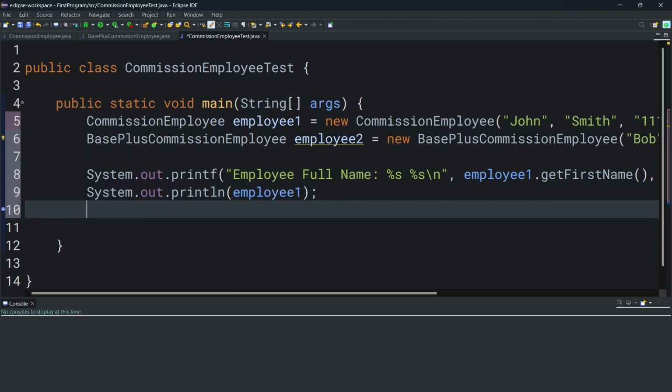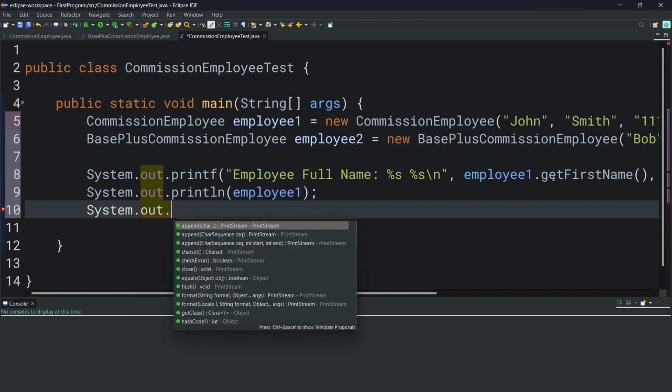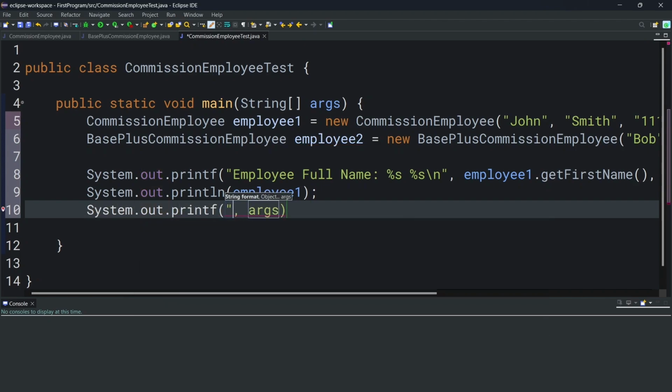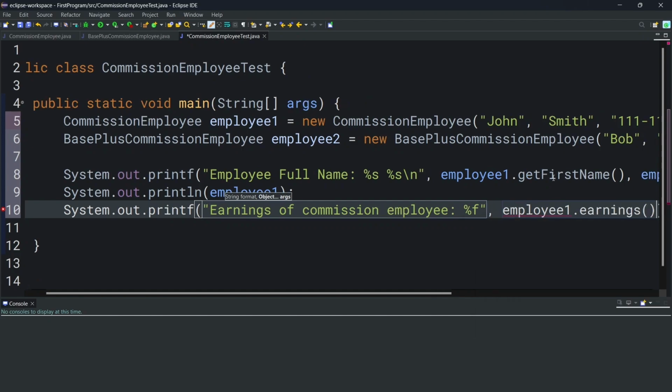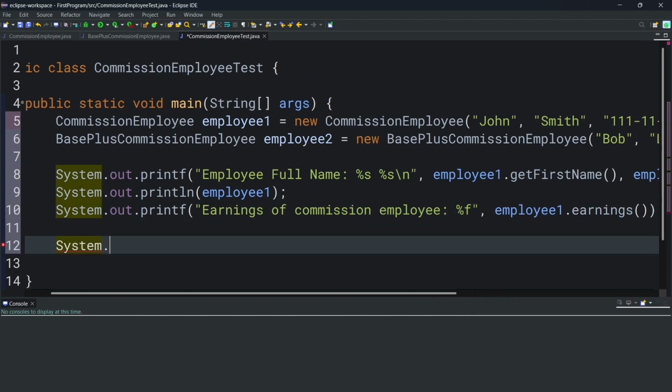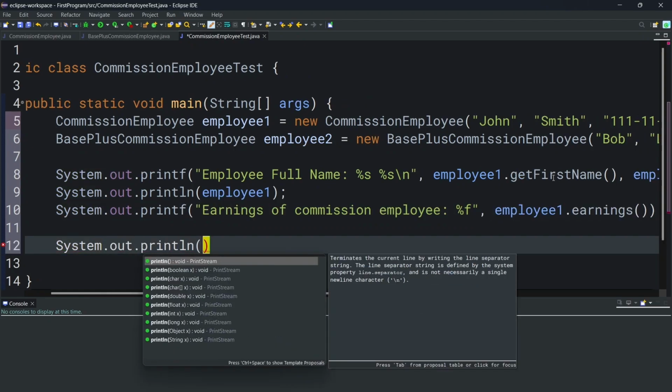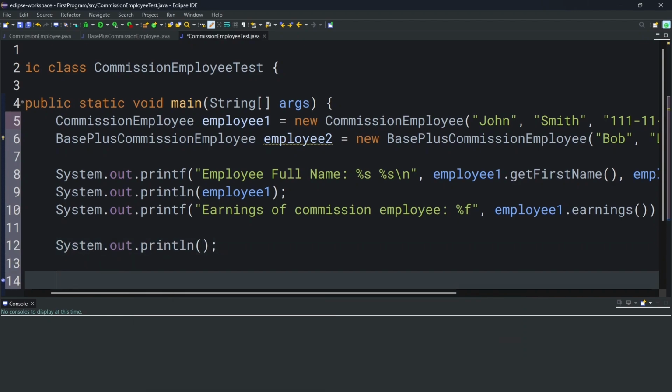Next, we're going to display the earnings of employee1. So we're going to have system.out.printf, earnings of commission employee, followed by a %f, and we're going to substitute employee1.earnings. We're going to add an empty print statement for more readability, and next we're going to have our description for